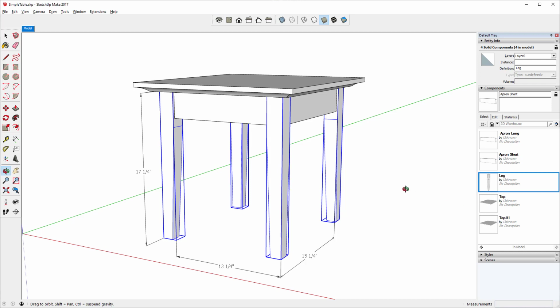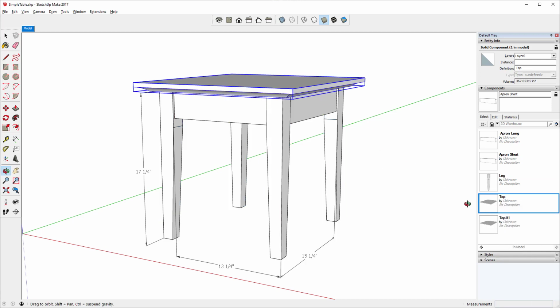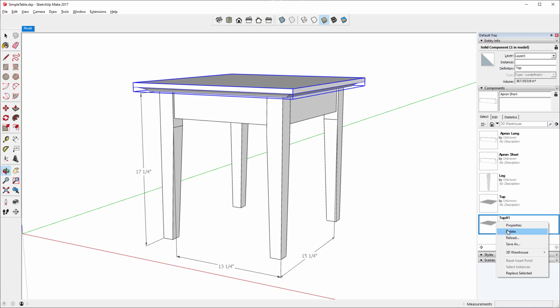For instance, here I've got a top and a top number 1. I'm not sure which is which because I only have one top in my model. So if I right click on that, select instances, it selects that top. If I do it on the other one, notice select instances is grayed out. That means that one is not even in my model. That was a mistake. So I could just delete it here. Nothing changes in my model. Or I'm going to